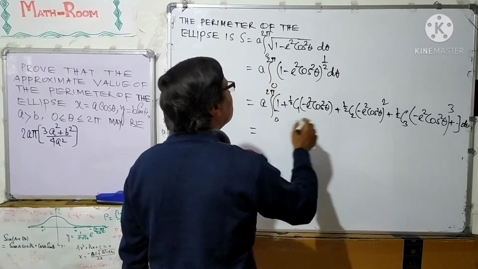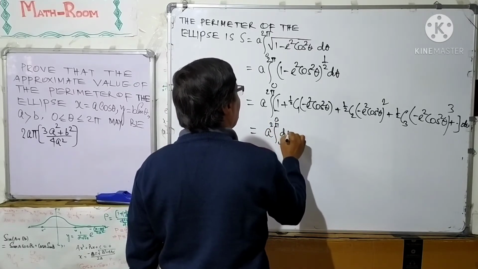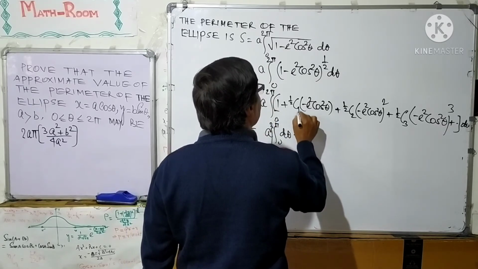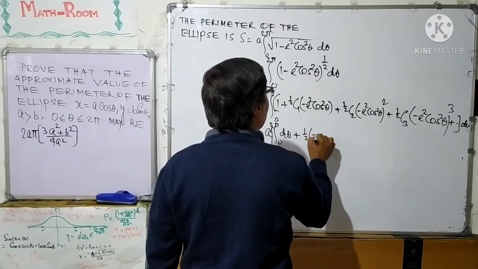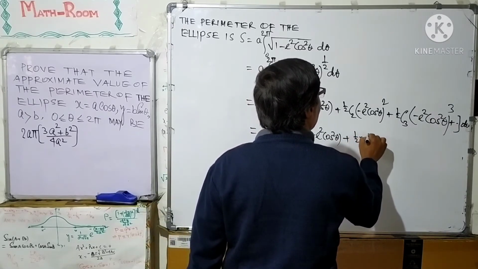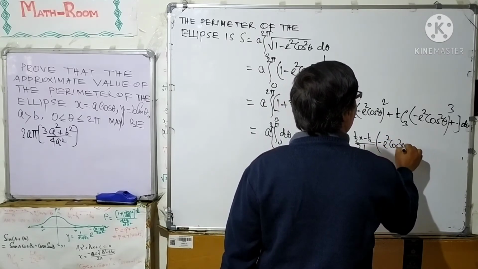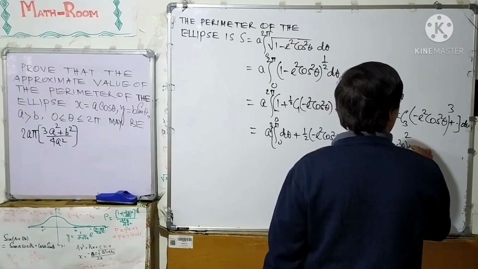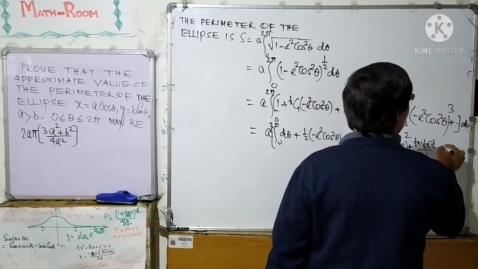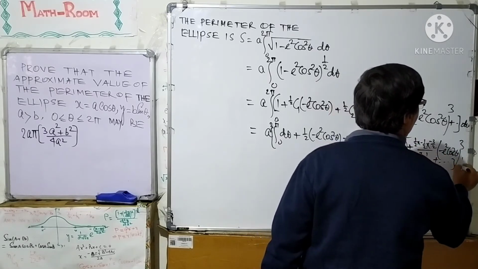So, this is equal to a integral from 0 to 2 pi d theta plus, also this half C1, which is half into minus e square cos square theta, half C2 is half into minus half over factorial 2 minus e square cos square theta whole square, and half C3, that is half into minus half into minus 3 over 2 over factorial 3 minus e square cos square theta whole cube, and so on, this is d theta, infinite